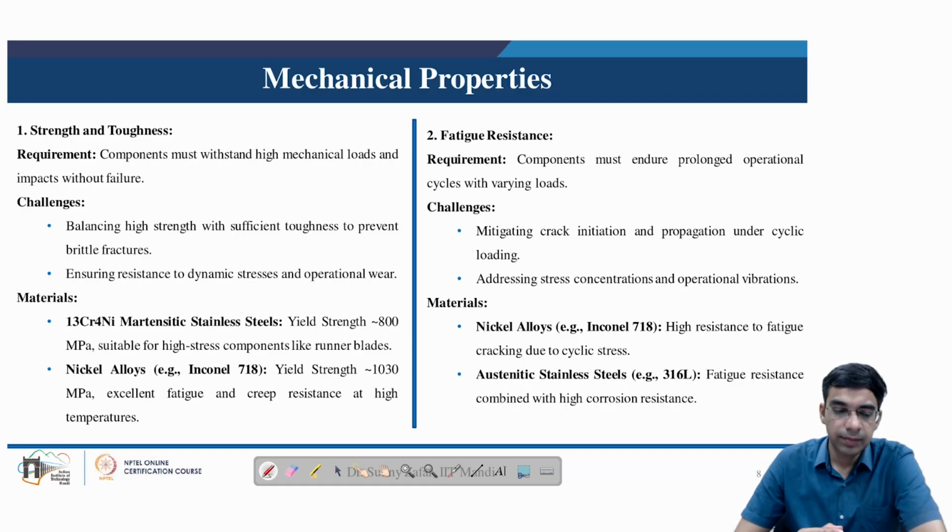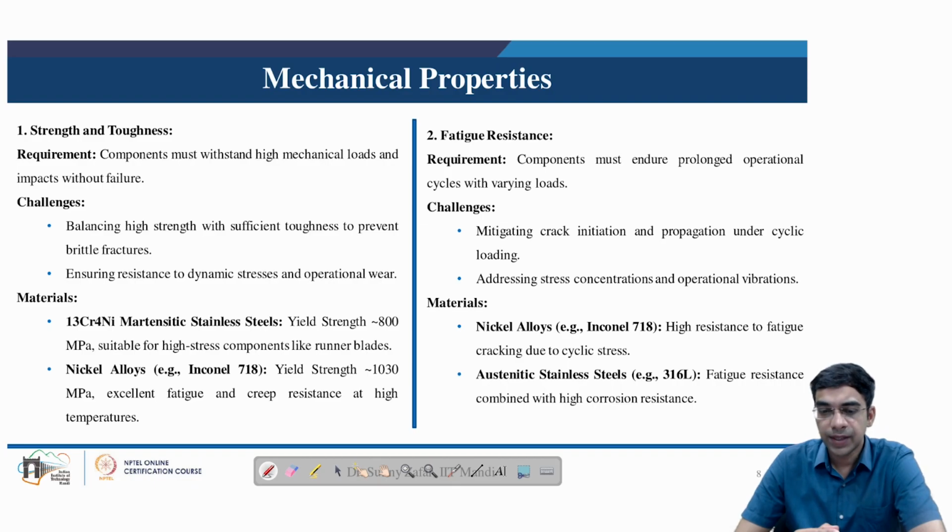In this regard, materials such as 13% chromium, 4% nickel martensitic grade stainless steels are used, which have a yield strength of approximately 800 megapascals, and these are very suitable for high stress components like runner blades. Other than that, sometimes nickel-based alloys having yield strength of the order of 1030 megapascals with excellent fatigue creep may also be used. But more popularly, we have the martensitic grade stainless steels, which are used in case of the